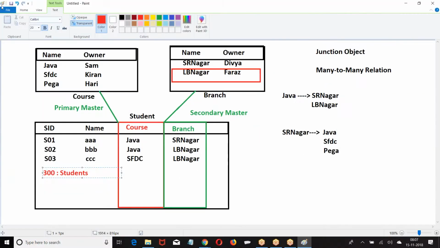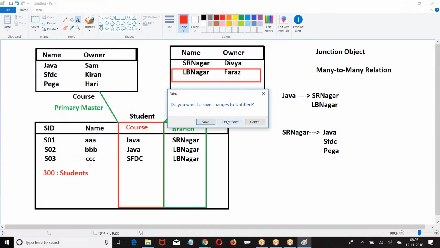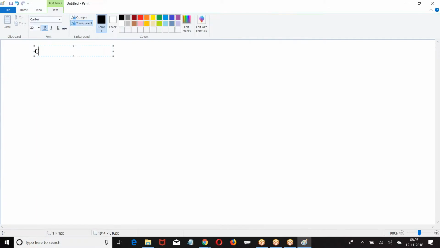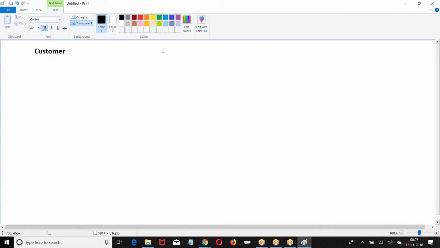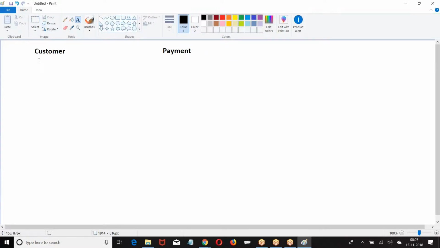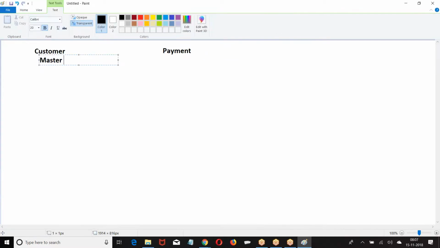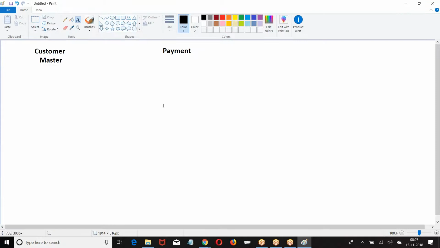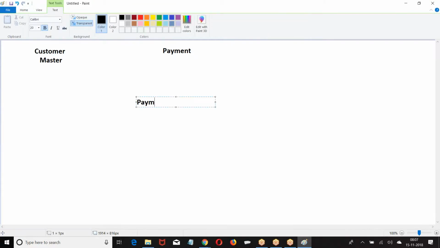So what are the objects he has given? Customer should be a master on the payment object. So what should I do? Can I create a lookup field on the payment?